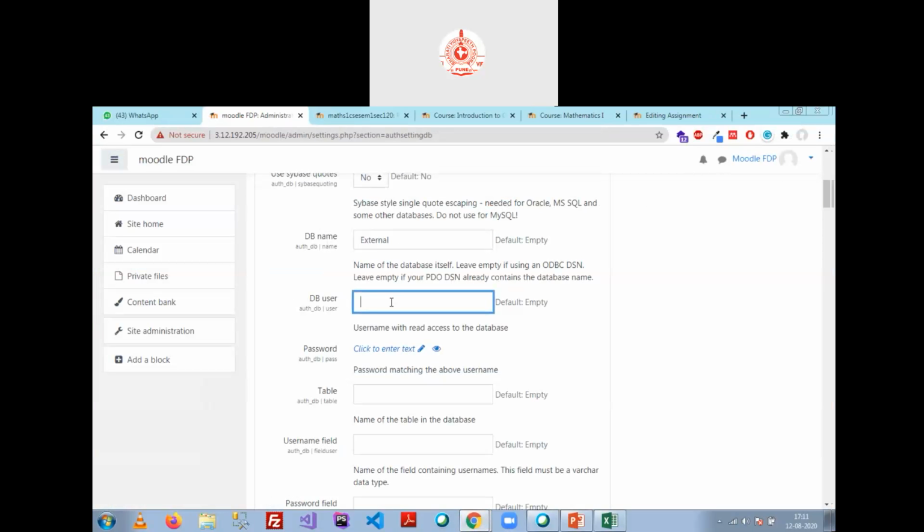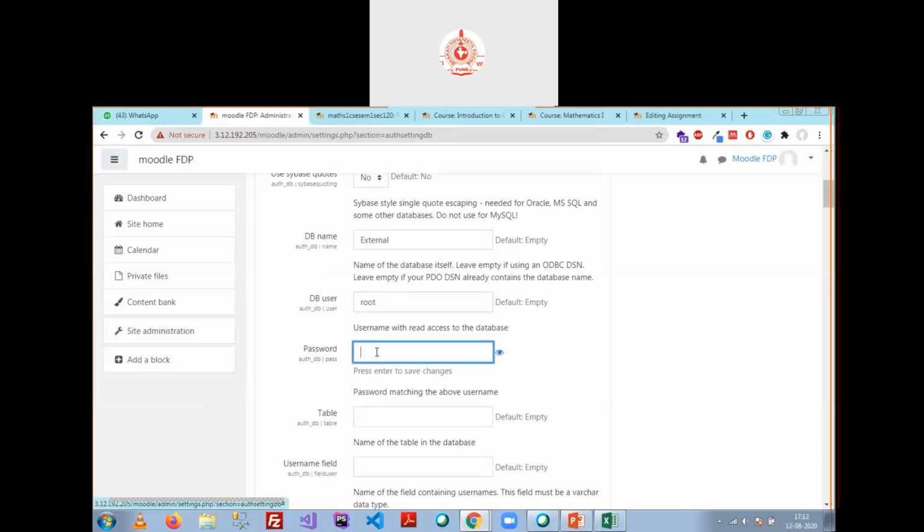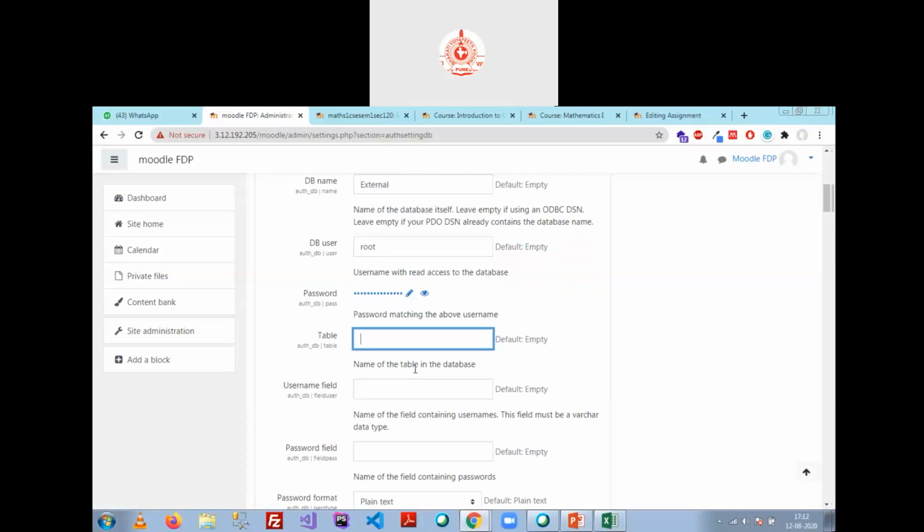What is the user of that database? I told you that is root. Password. That is the password here. Okay. That is fine. Now give the table name, which table consists of your users.